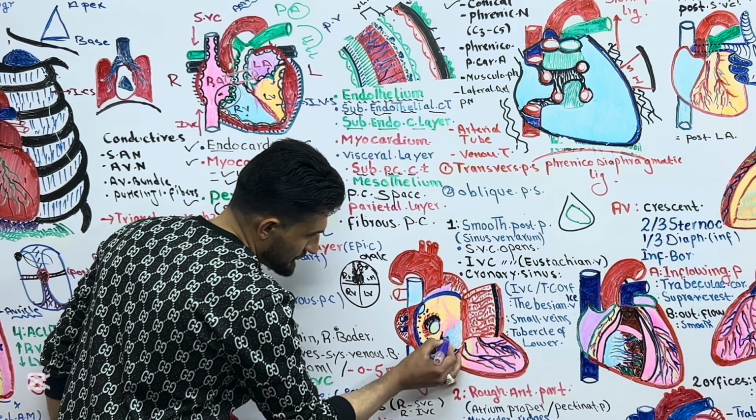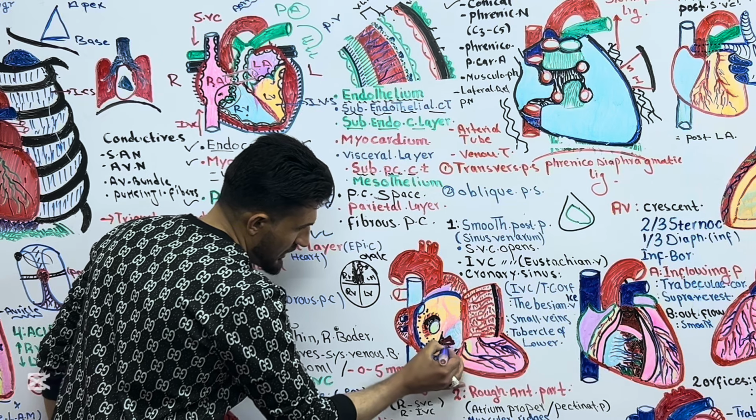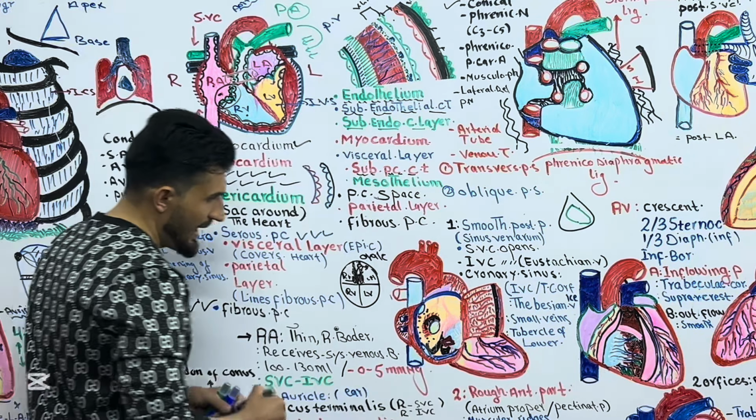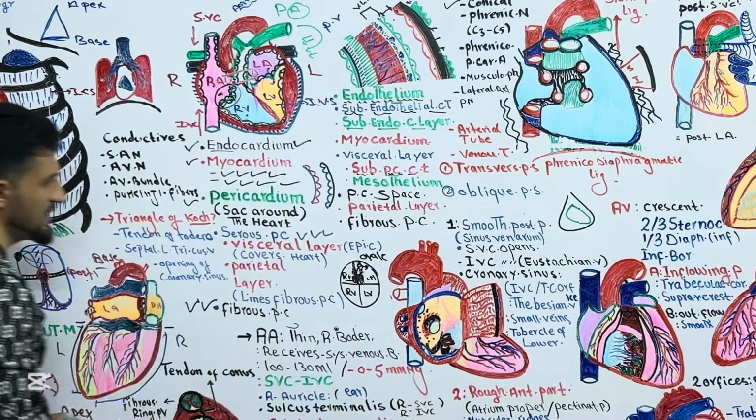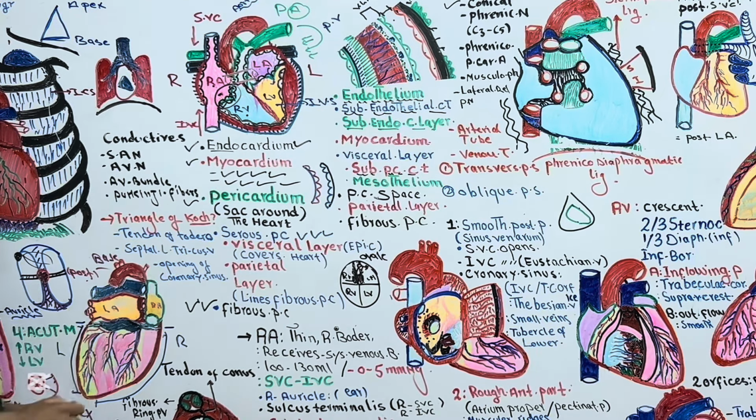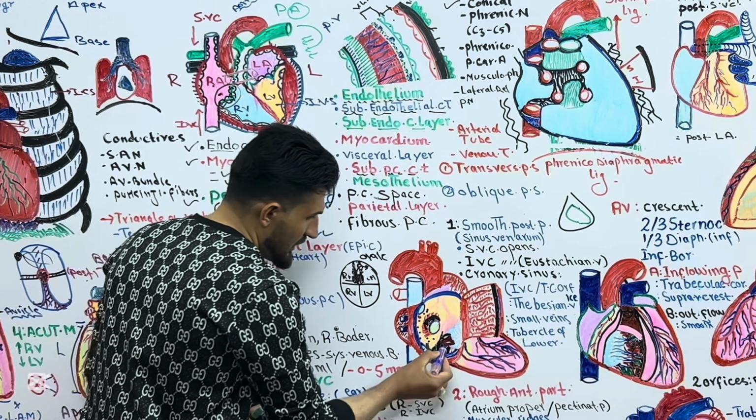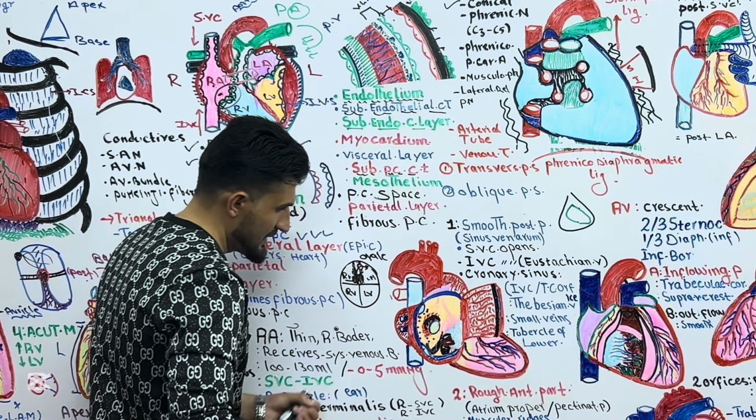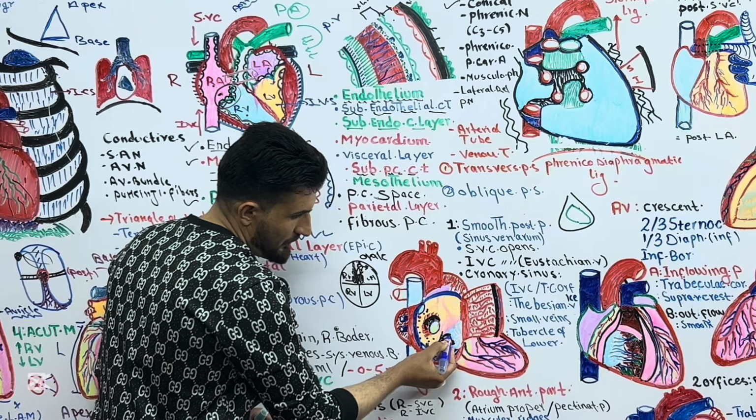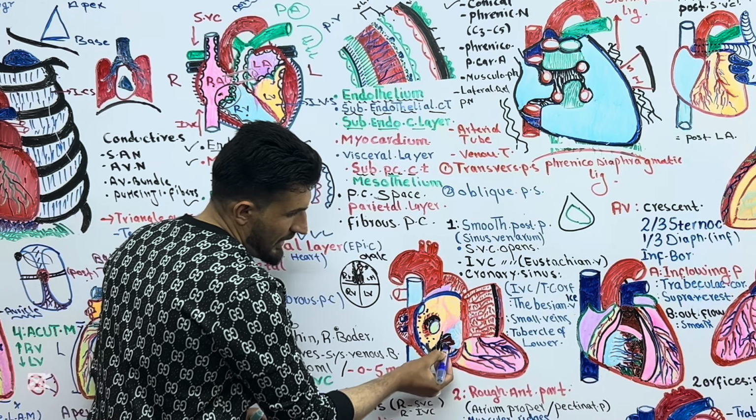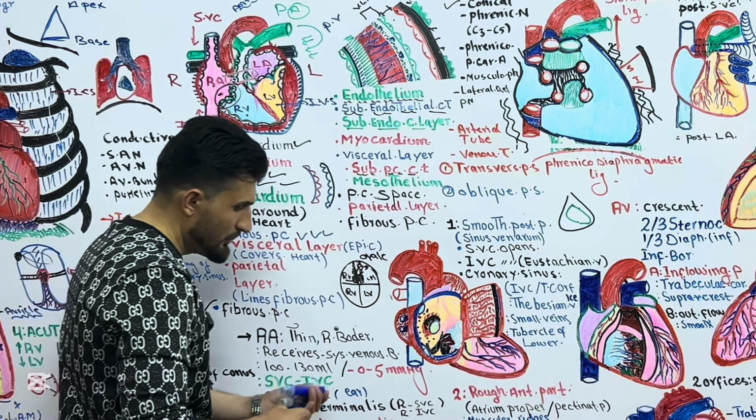For example, these are the boundaries of the triangle of Koch. Here we have a tendon, a microscopic tendon, which is called the tendon of Todaro. Inferiorly, we have the opening of the coronary sinus. So one boundary is the tendon of Todaro, another boundary is the opening of the coronary sinus, and